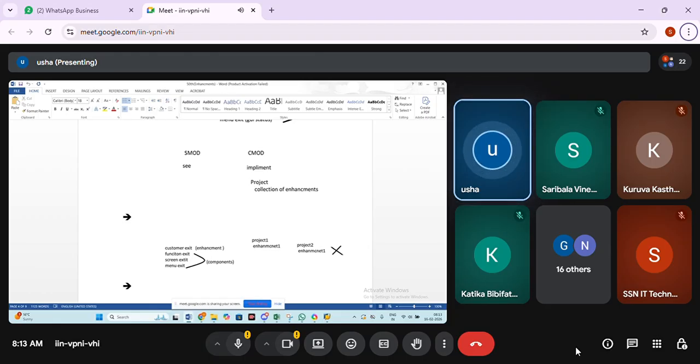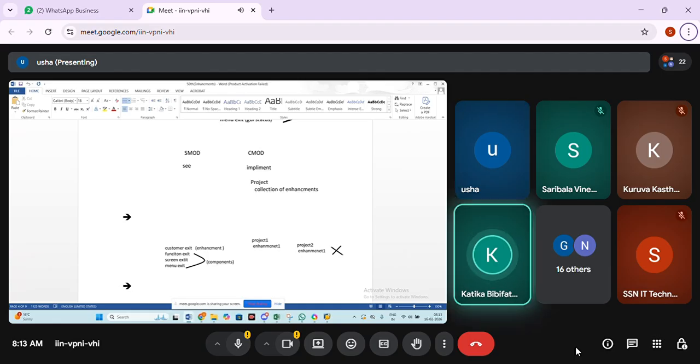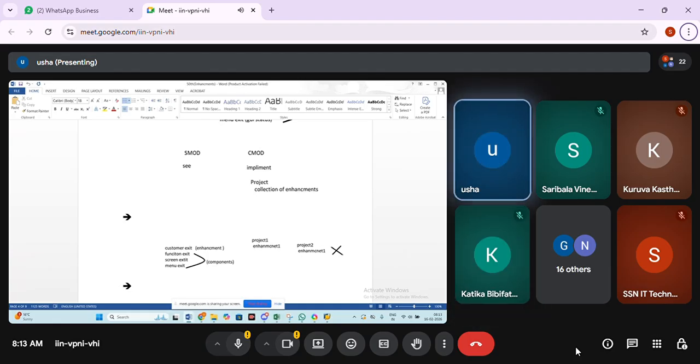What is an interface? Anybody? That's the reason I said modularization techniques are very important. Each and everything is going to be covered under modularization techniques only. Someone unmuted, just tell me. Collection of abstract methods, no? Ah, very good. An interface is also a class. But what is the difference between a class and an interface?